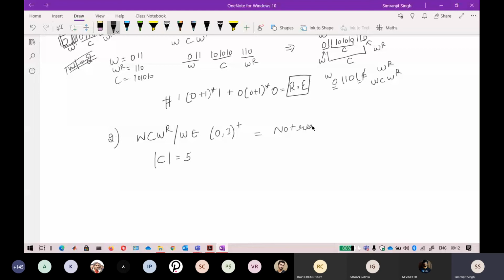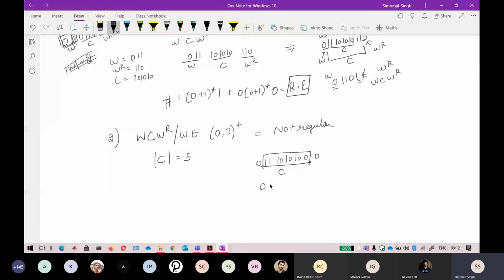Now what is happening here? Why is it not regular? Because, as you clearly see, we are fixing the length of C. What was happening before that? If you take any string like 10101, it is ending with 0. Now I have not defined the length of C, so C starts from this one, and it can expand, except taking over the last string and the first string. C can expand in that case because I have not given you the length of C. But if I give you the length of C, now it becomes a whole lot of different scenario.